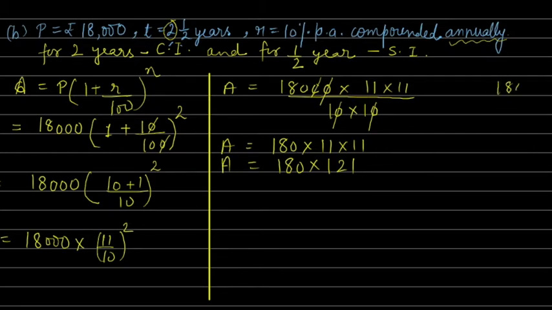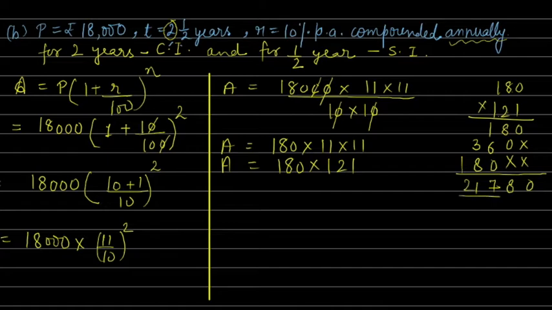So let's do the rough work on the left hand side. We'll make a column here. 1 into 0, 8, 1. 2 zeros are 0, 2 8s are 16, 2 1s are 2 and a 3 here. Now let's put 2 cross here. 0, 8 and 1. Add carefully. 7, 8 plus 3, 11, 2. So you are getting 21,780 rupees. So this is the amount we have calculated for 2 years.